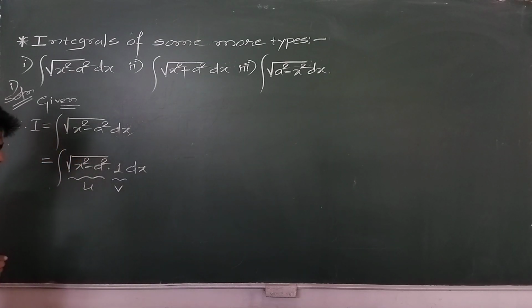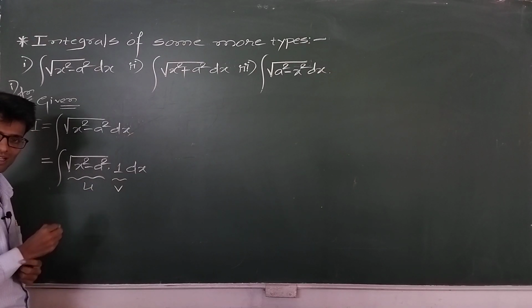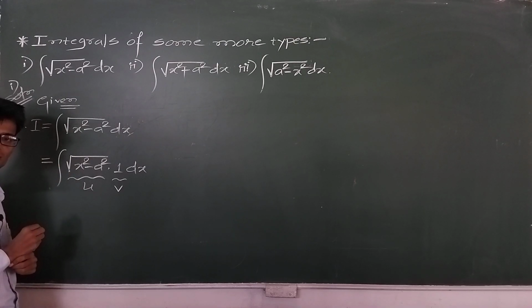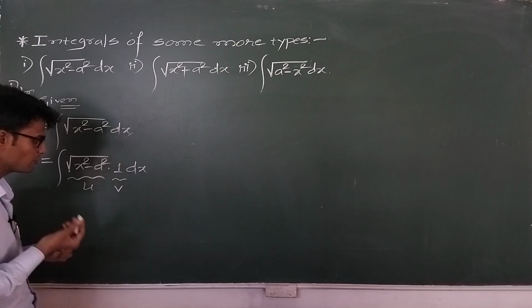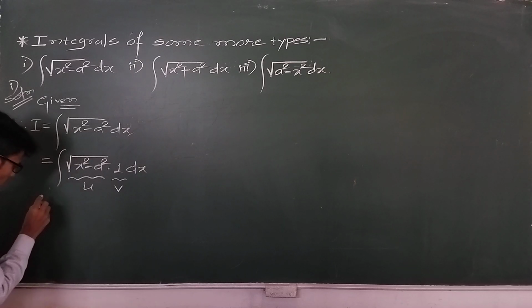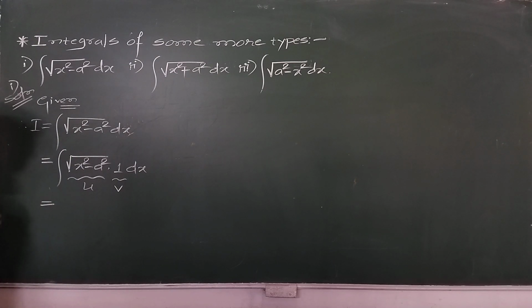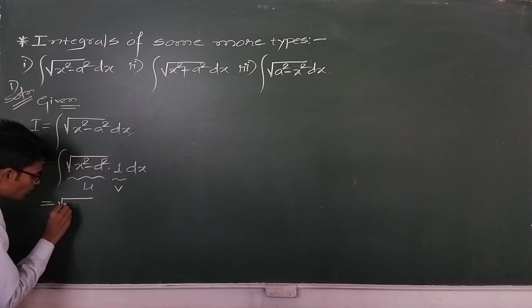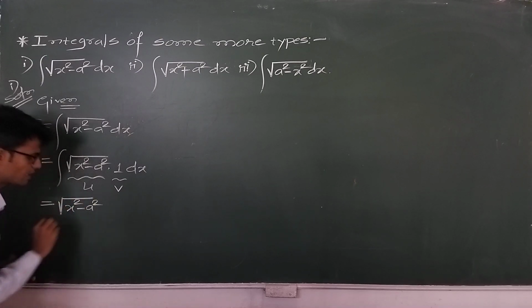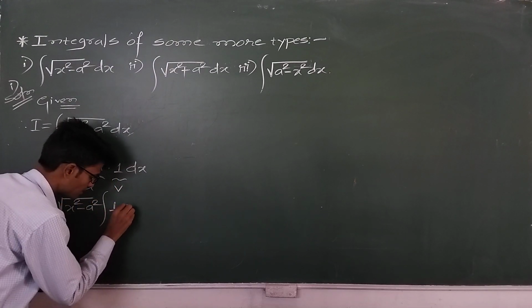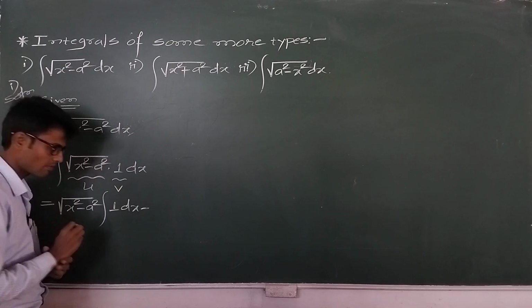While applying the integration by parts formula, first we take u outside, integrate v, minus integration of inside bracket, differentiation of first term, that is u, and after that integration of second term, that is integration of v with respect to x. Yes, bracket complete, again with respect to x. So this is equal to, first take u outside. It is square root of x square minus a square outside. Next you integrate v, so integrate v means 1 with respect to x, minus you write integration of